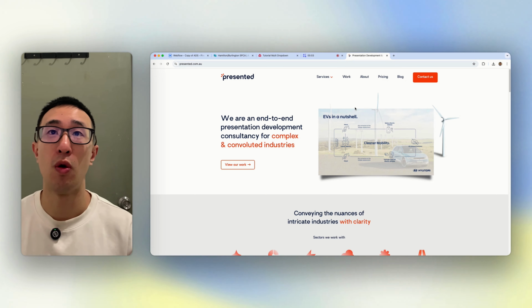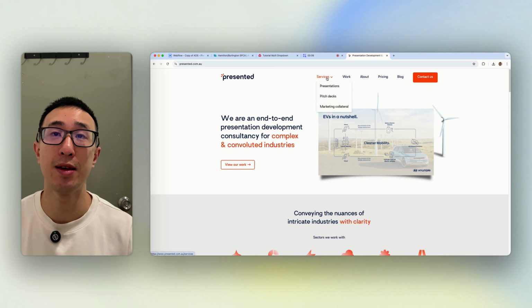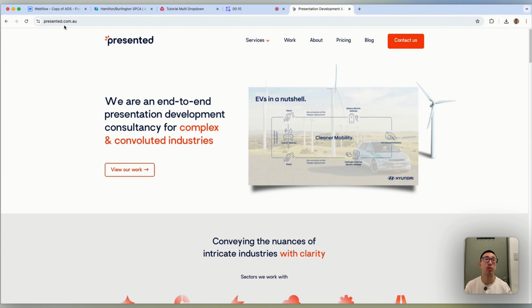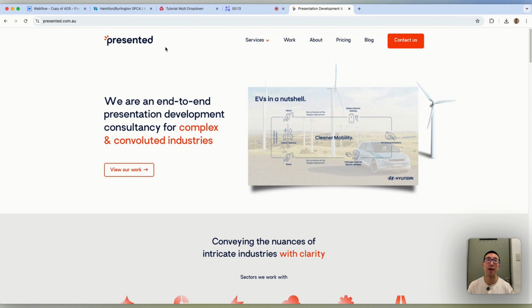In this Webflow tutorial, I'll teach you how to make a drop-down link a link. What do I mean by this? In this example website, presented.com.au, we see we have a navbar at the very top with different items such as